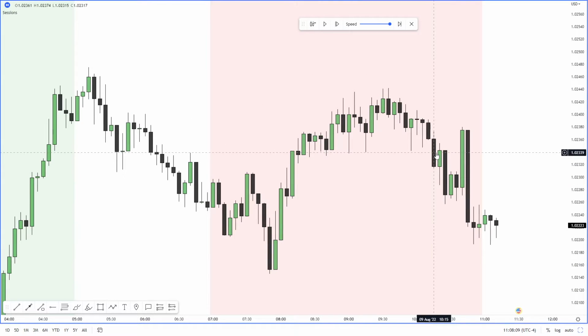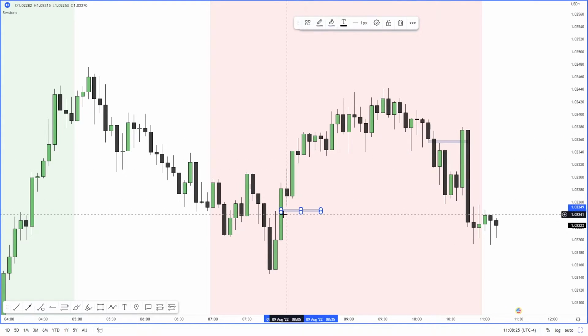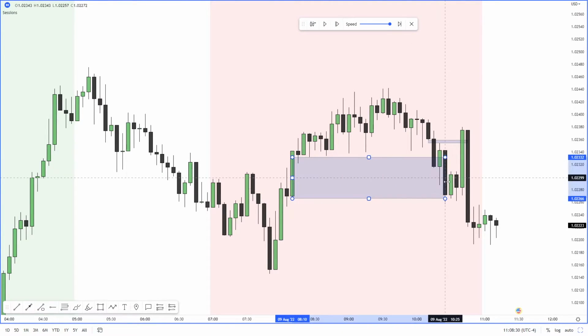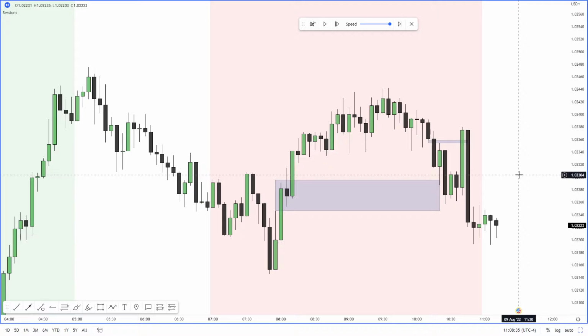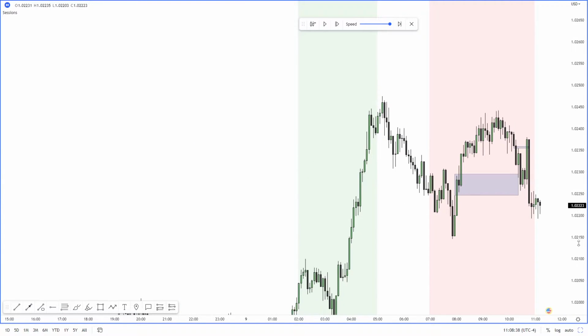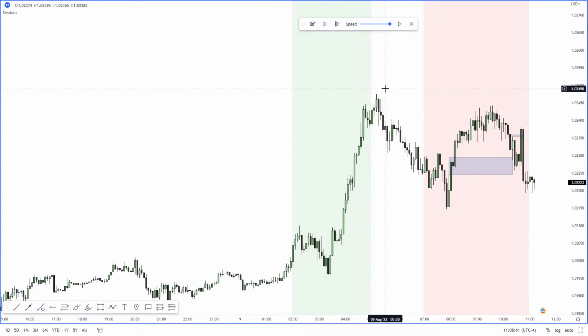So after 10, if there's not much clarity of what could happen, I just tend to completely avoid trading for the rest of the day and just take the day off. But this day, as you can see, we do have this, which we'll see in the lower time frames. And again, we had that 15 minute, which if I remember correctly was something like this. I don't really know, but it was basically something like this. Let's just call it this to not really occupy that much. And could we have bought? Yeah, mostly it would have been because of this retracement, potential continuation higher, but it doesn't really make that much sense if you think about it.